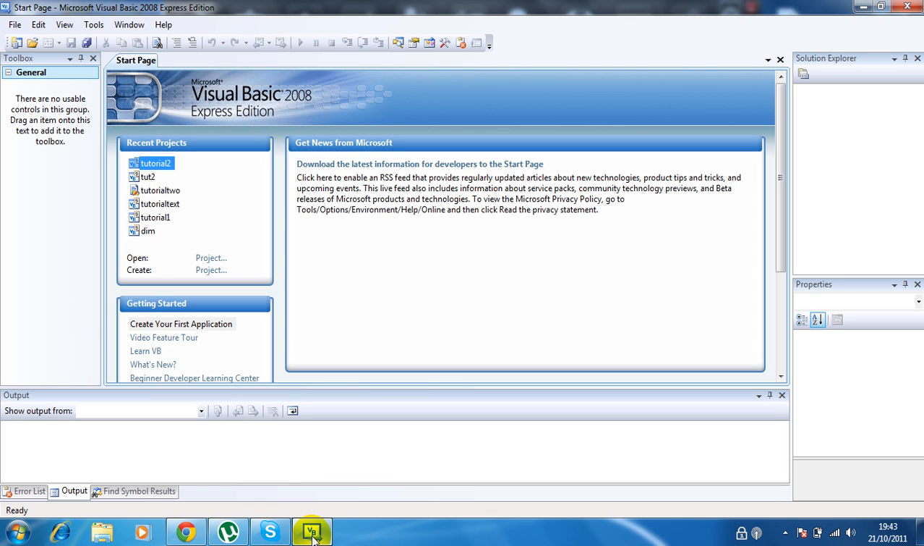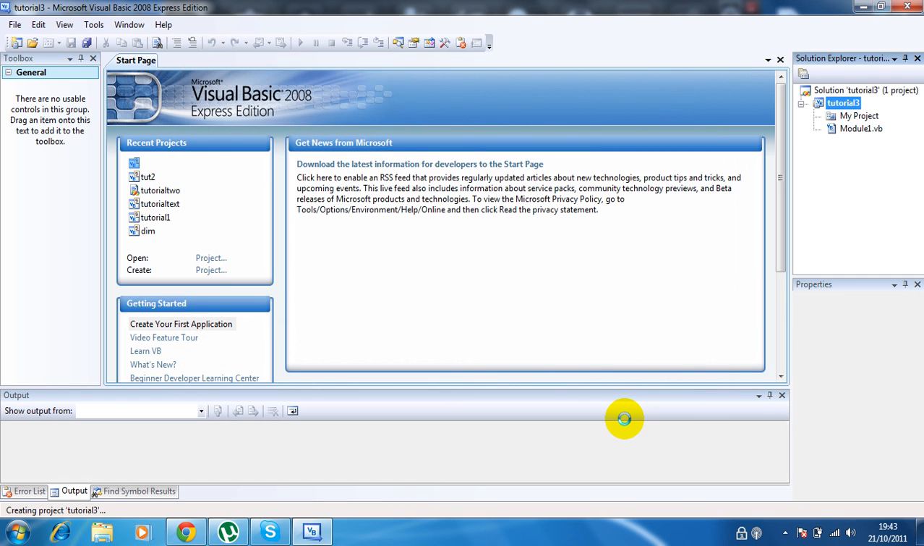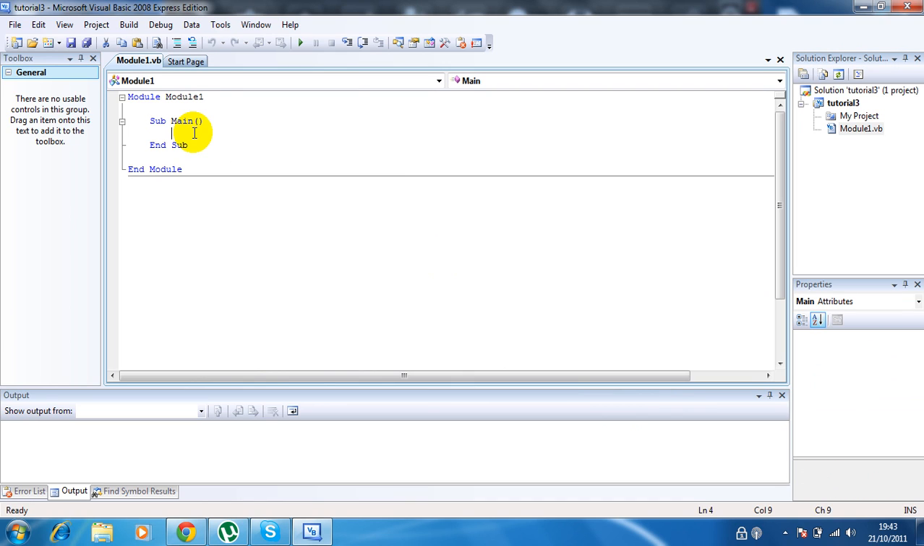So open Visual Basic, create a new project, make sure it's console application and call it whatever you want, but I'm going to call mine tutorial 3. Like always, start writing your code in between Sub Main and End Sub. Just dim an x variable as an integer,